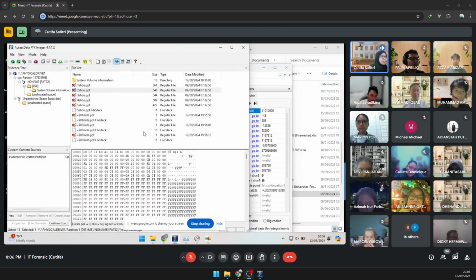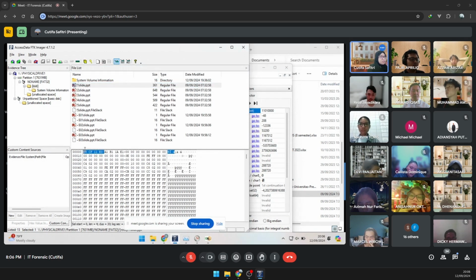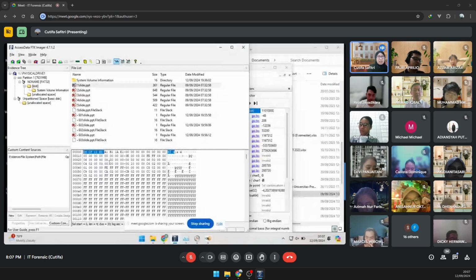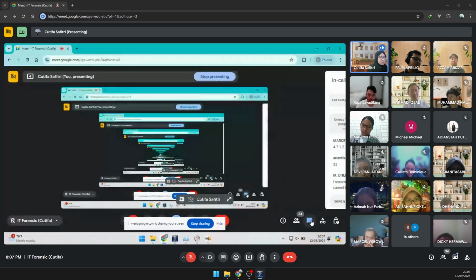Now, when you delete this file, the header still shows that this file is a PPT. That's why when I recover this, it is still recovered as a PPT. Now, if you do not have the full information, we're going to get what our friends have in here. Who said something there?